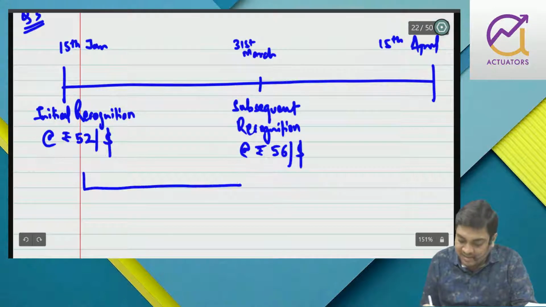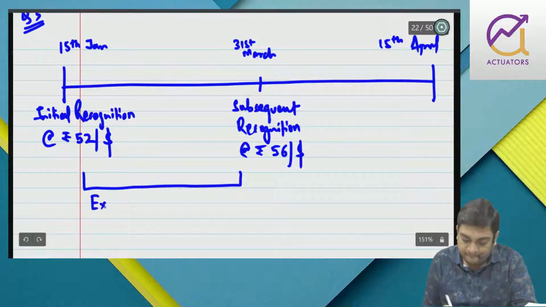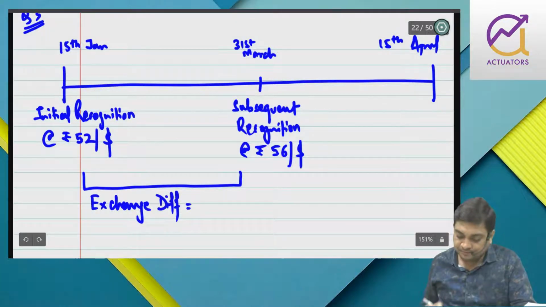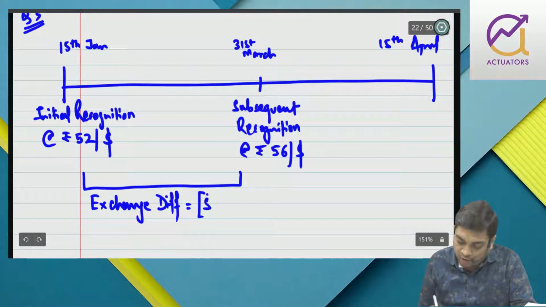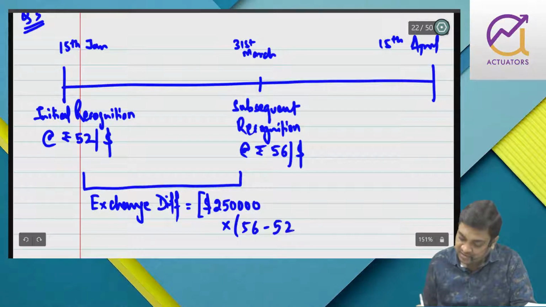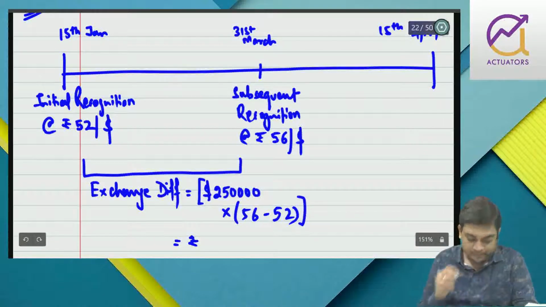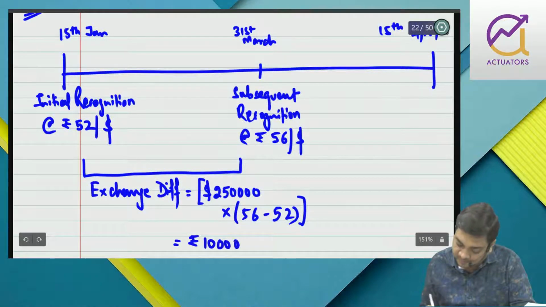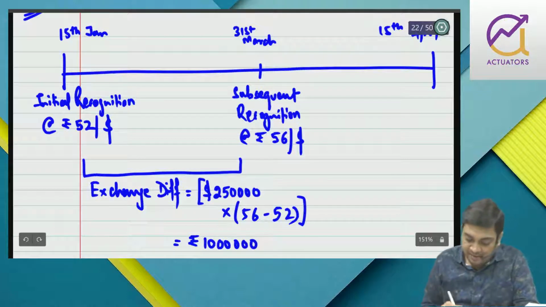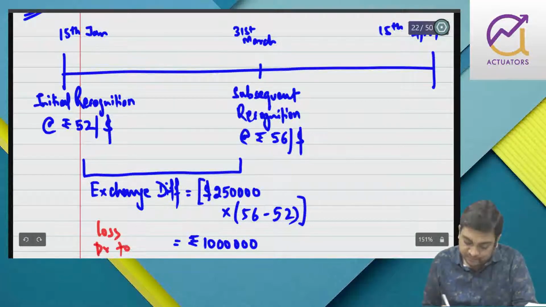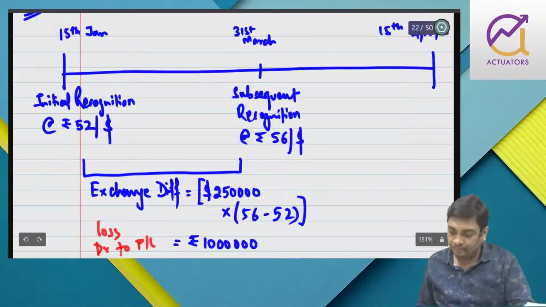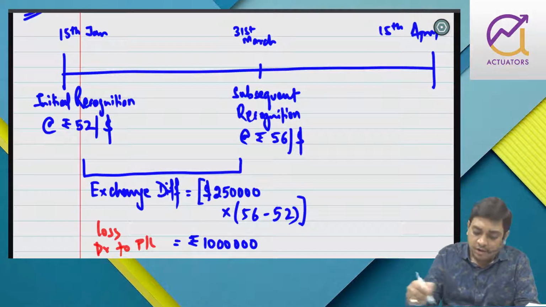So as a result, you can easily see that the exchange difference on dollar 2,50,000 into 56 minus 52, that is rupees 10 lakh. And I repeat, it's a loss debited to PL. You have to pay more, right? Now when you are settling,